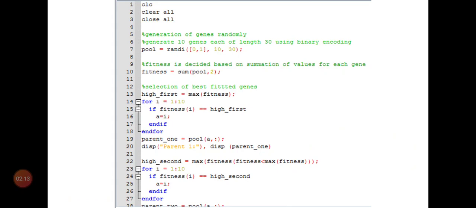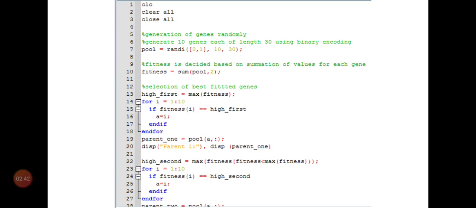The code is something like this. The first is clc. clc means whatever outputs have already been obtained by the previous code will be deleted from the command window. Then clear all: there might be some variables generated by the already run code, and if I do not want to take garbage values, I need to remove the already produced variables.